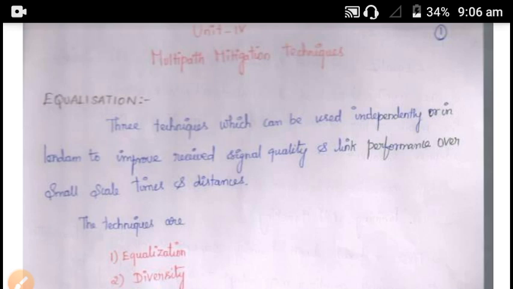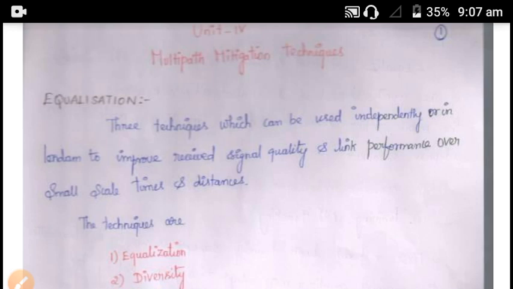Today we are going to start our first topic, equalization. So what is equalization? We know we are sending data from a transmitter, and it reaches the receiver through a channel. So what does equalization mean? It is just a method of amplitude and phase compensation, mainly used to reduce the inter-symbol interference created by the multipath.